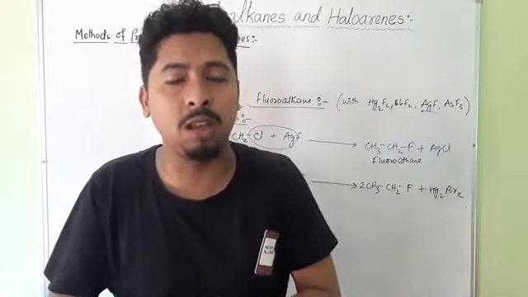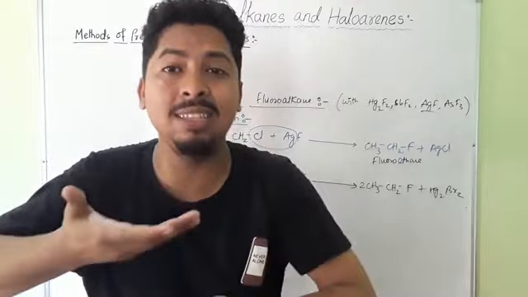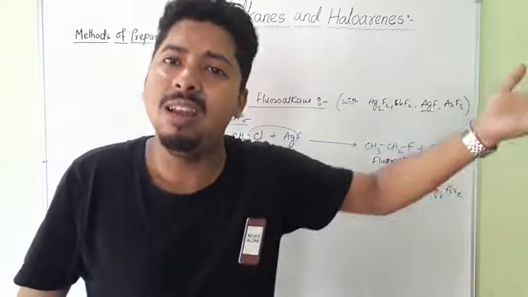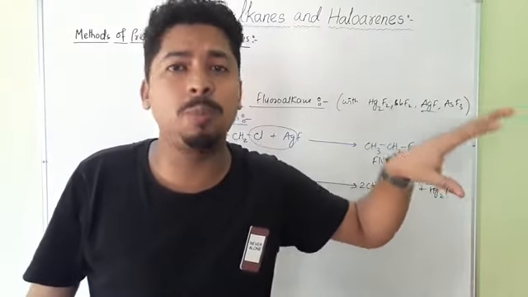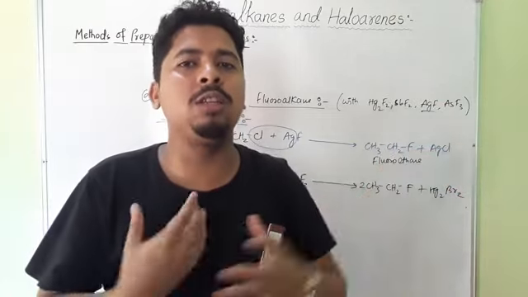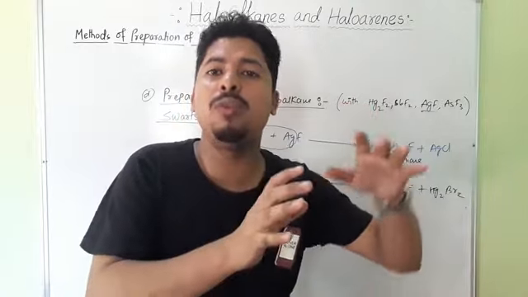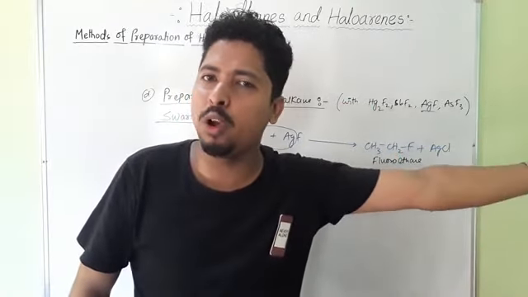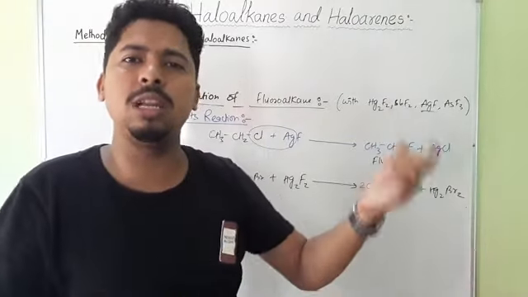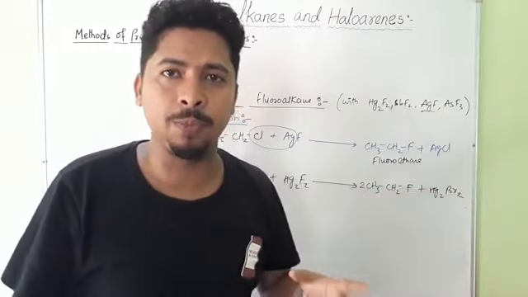And then we discussed the methods of preparation from this. When alkenes are treated with bromine in presence of carbon tetrachloride, it forms vicinal dibromide. This reaction is used for the test of unsaturation of any alkene or alkyne. After that we discussed allylic halogenation. When an allyl group is treated with halogen at high temperature, it gives the allylic substitution product. And then lastly we discussed alcohol. This alcohol on treatment with any halogen acid, HCl, HBr or HI, will produce the corresponding chloro, bromo or iodoalkanes.